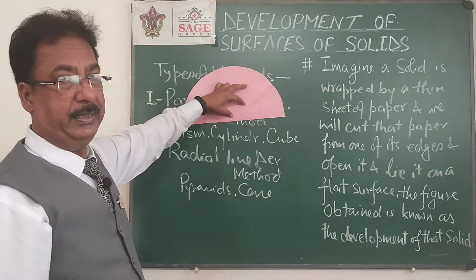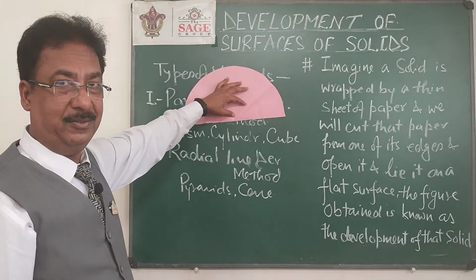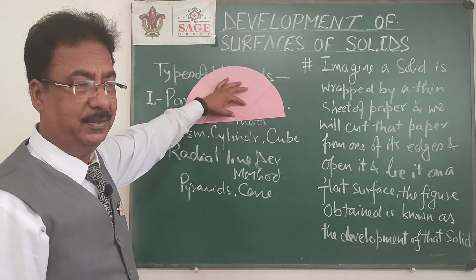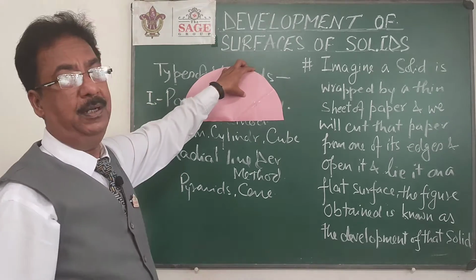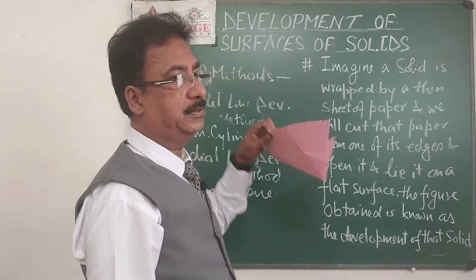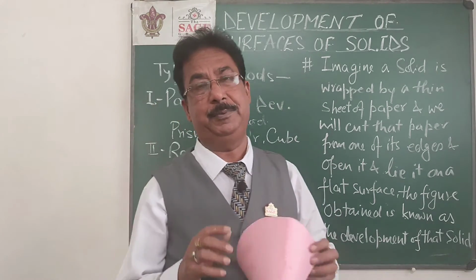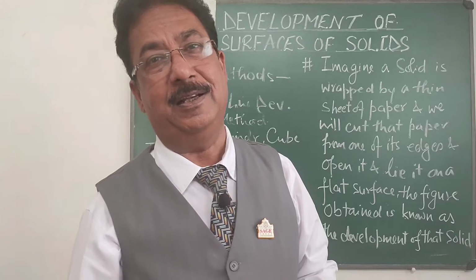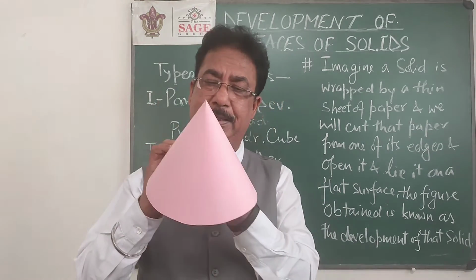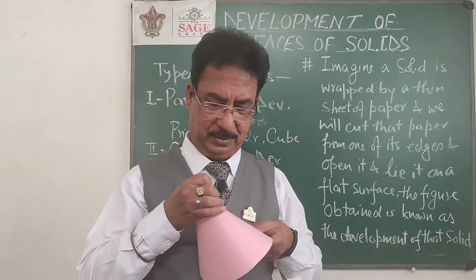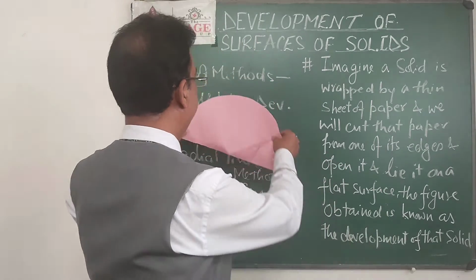Right now I have taken a semicircle, but normally the development of the cone will be a sector of a circle, and a semicircle is also a sector, but this is a very special case. As already discussed in a problem of section of solids, when the length of the generator equals the base diameter, the development will be a semicircle. If I fold it back again, I will get the required cone. So this is the development of a cone.